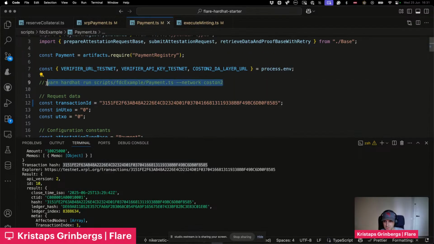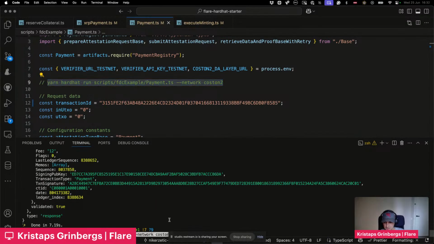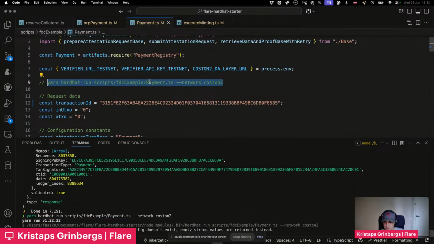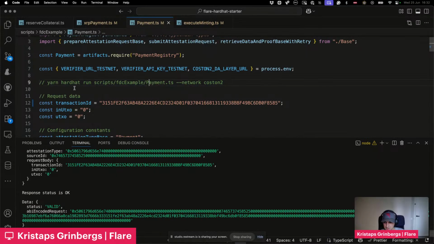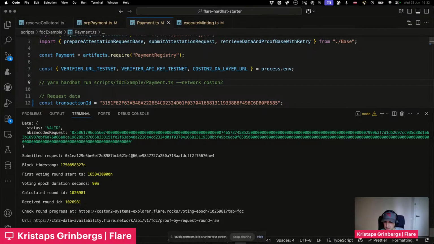So let's copy this command. As always, we have the command on top of the file. And here we need to wait a bit, which is 90 seconds. And that means that these attestations are in rounds, and each round is roughly 90 seconds. And here, very important is that we need the round ID, and that will be very important